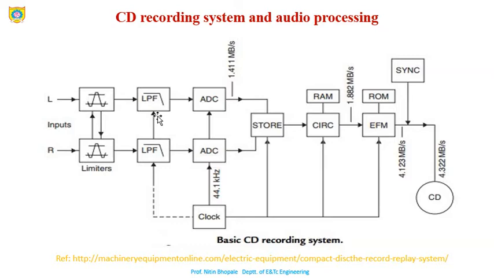Its main purpose is to limit the bandwidth offered for encoding. Whatever bandwidth we are offering for the encoding is at this particular stage. Let me just highlight here. This is the stage where the encoding is done. Now we are at the discussion of the low pass filter, which operates at 20 kilohertz.